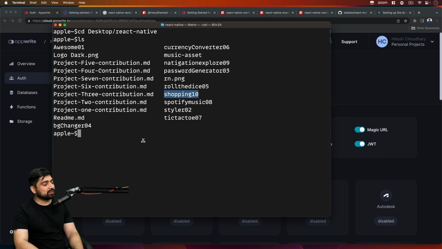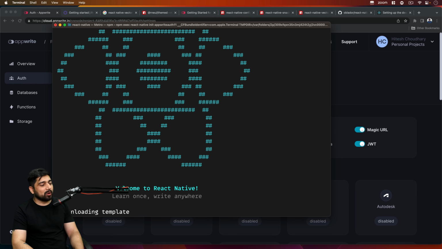So again, the easiest way to do is npx, and then we can simply say react-native init and the name of the app. So let's call this one Appwrite auth, and this one is 11. So Appwrite auth 11, I think that's a good name. This one is obviously going to take some time to download the templates and whatnot. There is a lot of files in that. So in the meantime, while it does all of this,